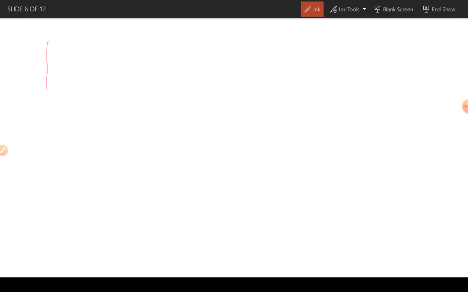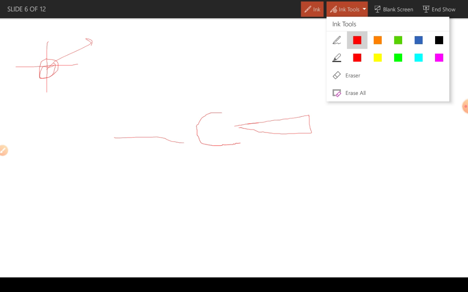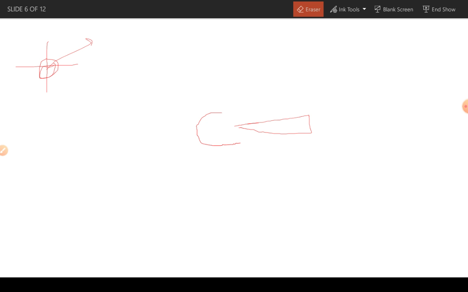See, we have seen the Fisher projection like this. Here is the chiral carbon at this position. So let's try to draw that Fisher projection. How does it look? Take the chiral carbon out here. Now, for the molecule at the horizontal position, we will be taking the molecule coming towards us.